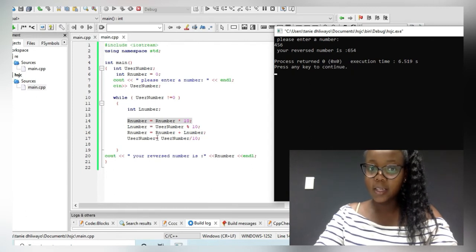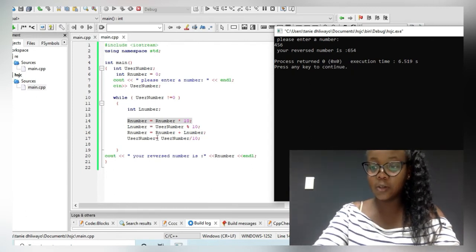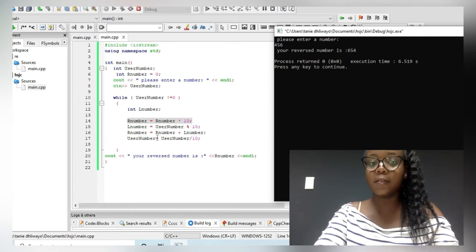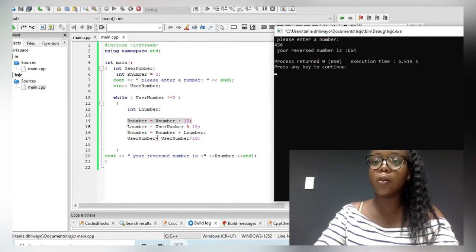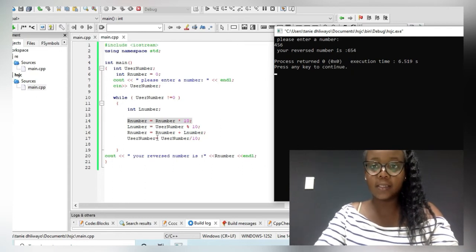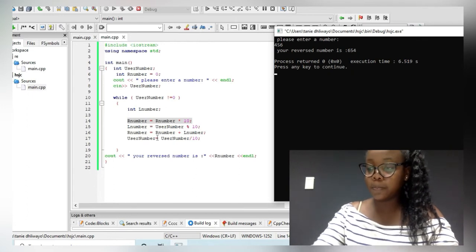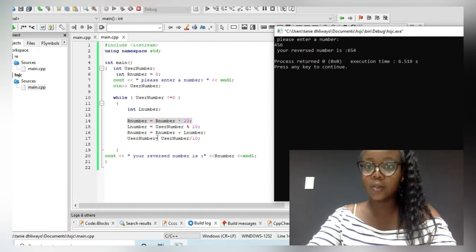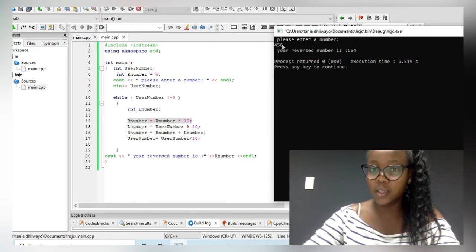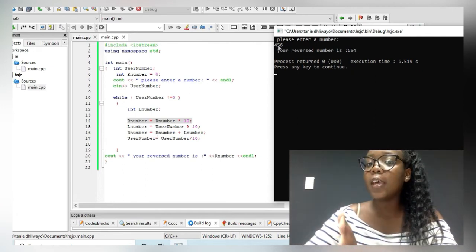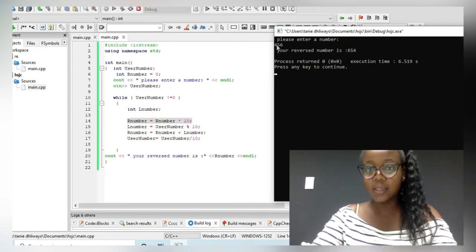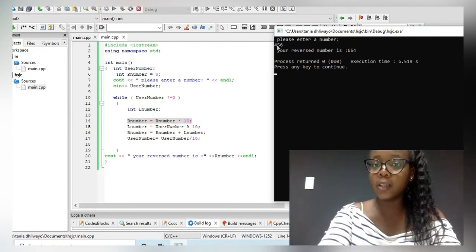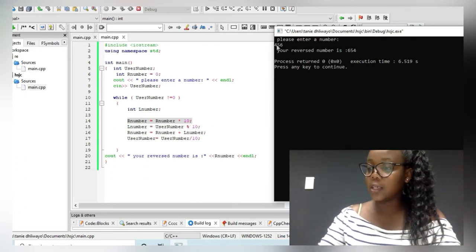And then after that, it's going to write that 6. So it's going to save that 6, or store that 6, into our reversed variable. So now our reversed variable is holding the number 6, because 0 plus 6 is equal to 6, right? And then we're going to come to the last part of our code, which is user number divided by 10. So this part is just to try and remove this 6, because we've already dealt with it, and just remain with 45, right? So we're going to say 456 divided by 10 is equal to